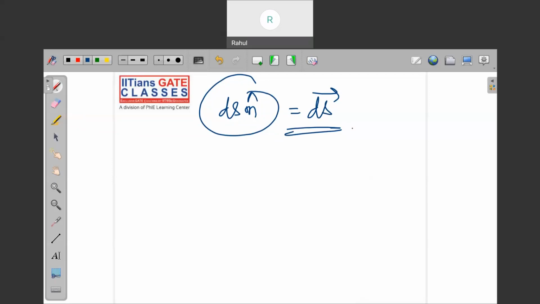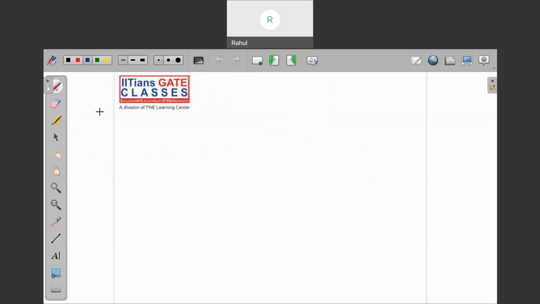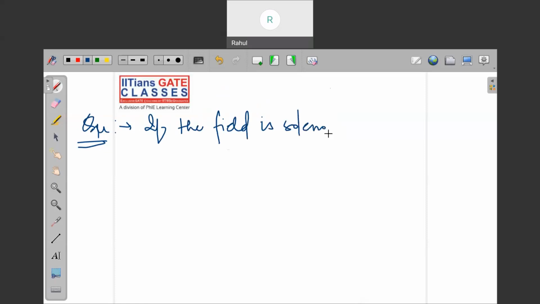So let me take one more problem, a very good problem, in fact, which can be asked in your examination: if the field is solenoidal, then option A, option B, option C, and option D. Option A says that